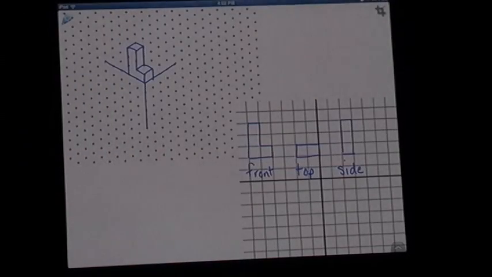Okay, I want to go over with you how to work on